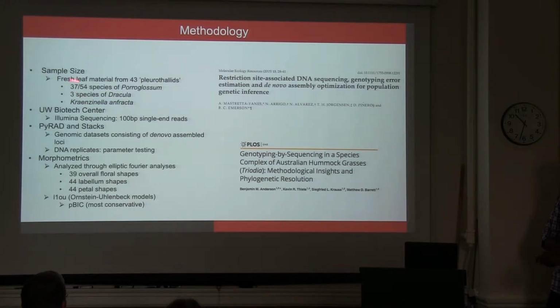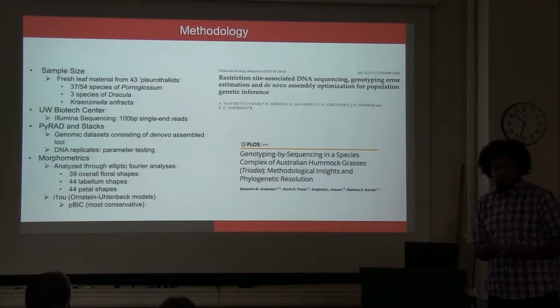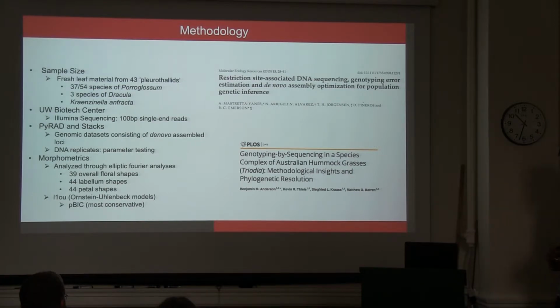So I increased my taxon sampling to 37 species. I only used 3 species of Dracula and then Cranzanella amphracta to root all of the trees. Once I extracted the whole genome from all of these and quantified the amount of DNA in them, I sent it off to the